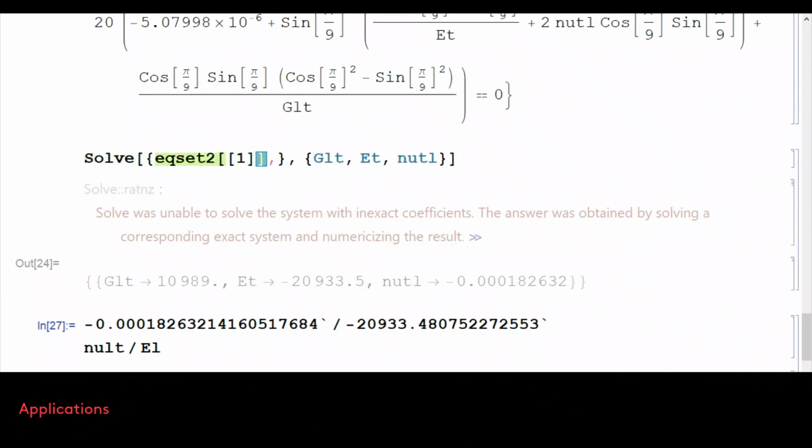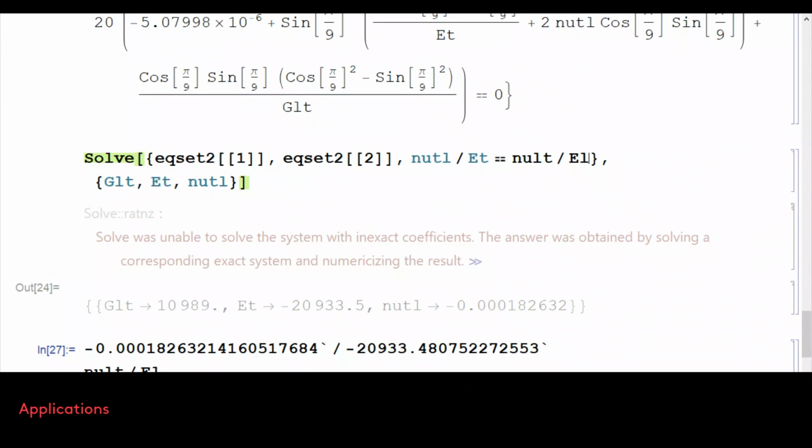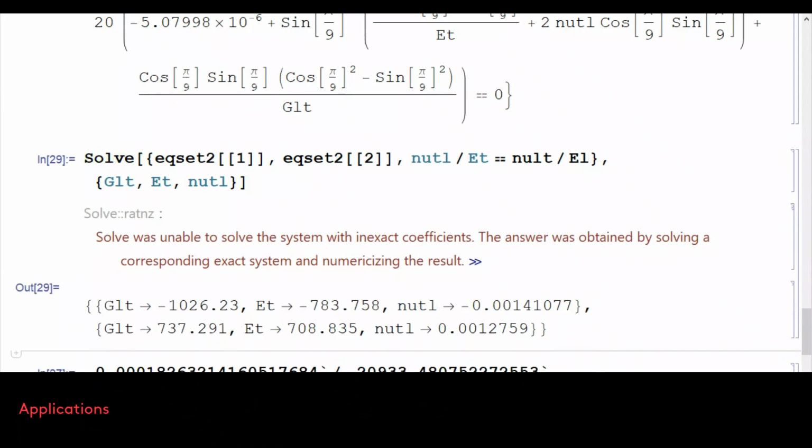First I will get the first equation, and finally I will write this one: nu TL divided by ET has to be equal to nu LT divided by EL. So this is our last equation. I just take out one of the equations, the last one, and then